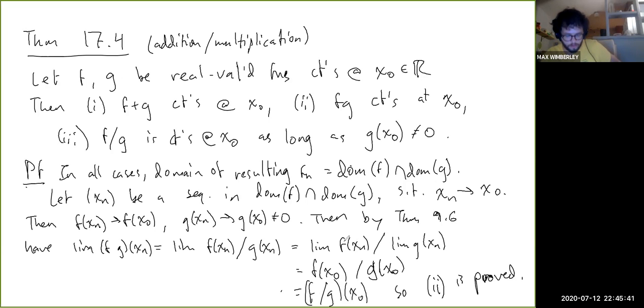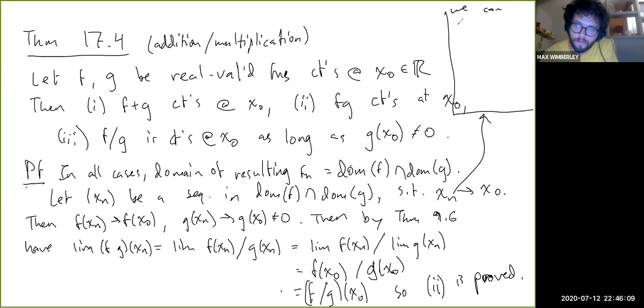Except, okay, there's one technicality. So here, let me, so we can assume xn is not equal to 0 for all n, or sorry, not xn, we can assume g of xn is not equal to 0 for all n, because basically